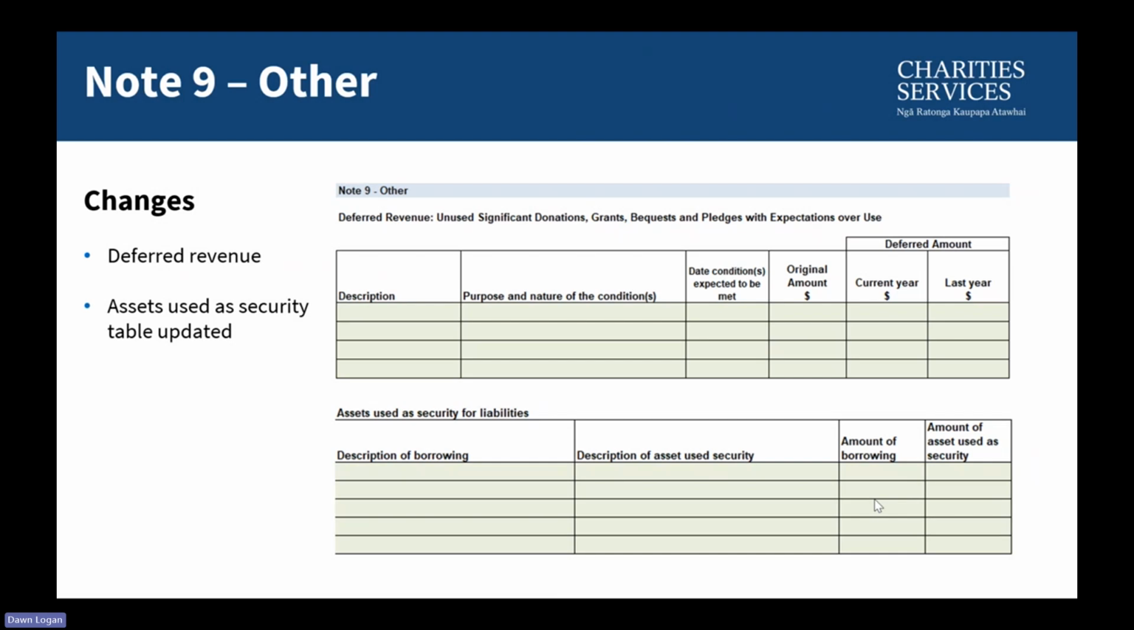Thinking back to the Statement of Financial Position, where we talked about deferred revenue, if a charity has entered a figure there for deferred revenue, this note is required to help readers understand the details behind that number. Charities are required to provide the purpose and nature of the documented expectations over future use and when those conditions will be met. As you can see on the screen, the original amount of the funding is also required,